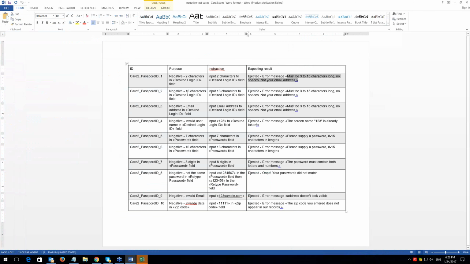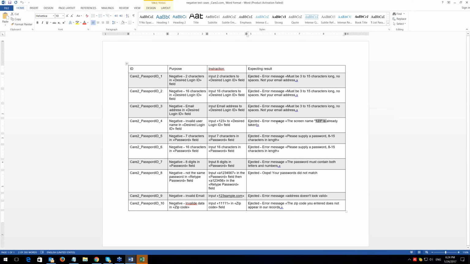Another one, great, 16, because the rule is that the maximum we can have is 15. Of course, we cannot use the email address. This is the equivalence classes already, right? We have the instruction that your desired username or user ID cannot be the same as your email address. That's why we put it. I don't understand what invalid username means, because you think that it cannot be numbers only.